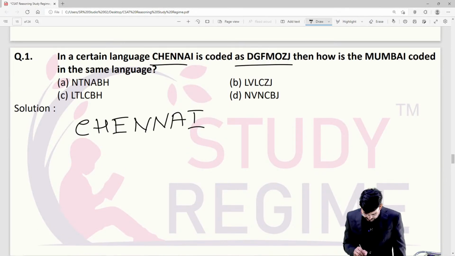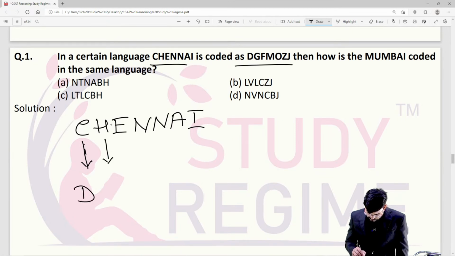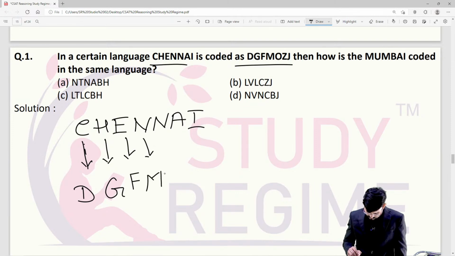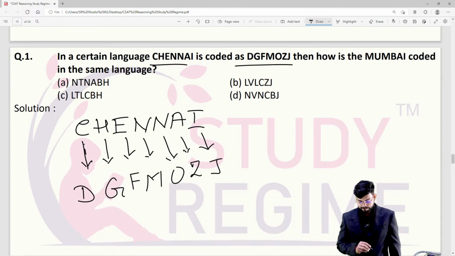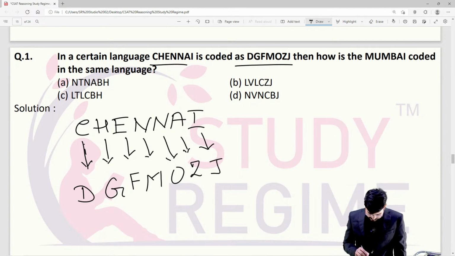Okay. Chennai is coded as what? C is coded as D, H is coded as G, E is coded as F, N is coded as M, then again N is coded as O, A is coded as Z, I as J. Okay. Now here in this it is plus 1, minus 1, plus 1, minus 1, plus 1,